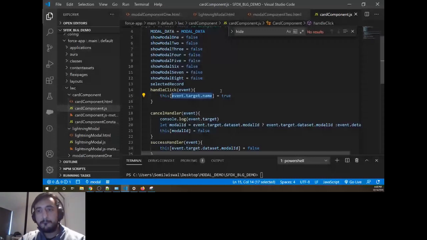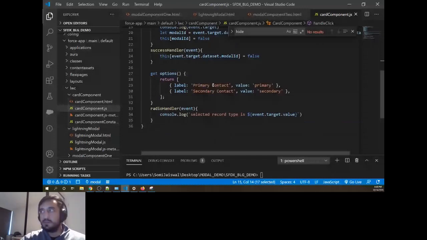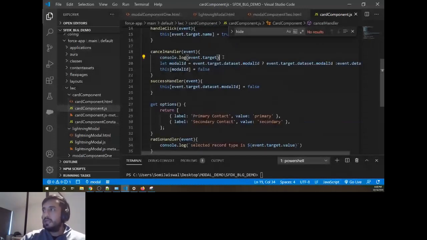And can you give the difference between event.target and event.currentTarget? Let's see, we'll do that quickly as well. I don't remember, but I guess currentTarget is like if you have a nested structure, right? You have a div tag, but your onClick handler is on the button, not the div tag. But if you click on the div tag, your current target is div, not the button. But the other way, for the target, it's a button. So that's the difference. That's my understanding. Let's see if I'm spelling it wrong or correct.